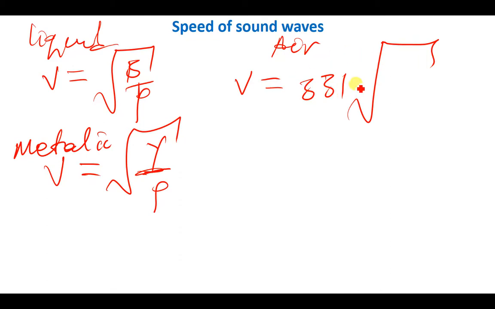It's given by 331 multiplied by the square root of the absolute temperature divided by 273 Kelvin. So this absolute temperature should be a temperature in Kelvin. So we discussed in thermodynamics that whenever you hear about absolute temperature, we're simply talking about the temperature that is in Kelvin. So whichever temperature you've been given, make sure that you convert it to kelvins before you use it in that formula.